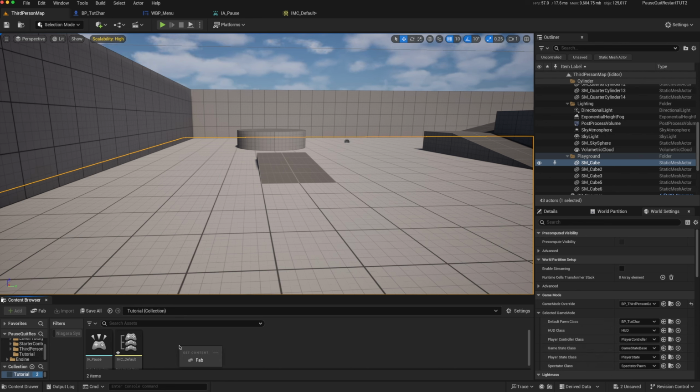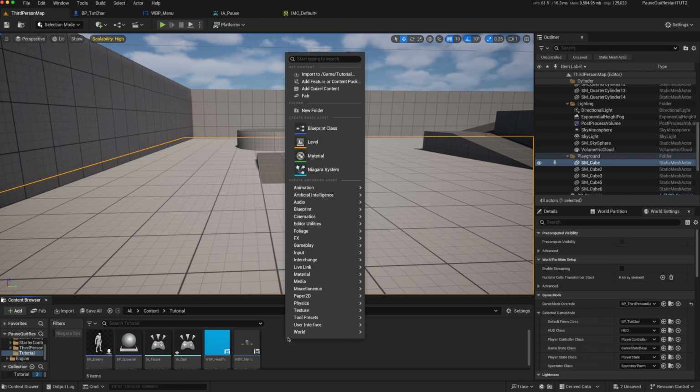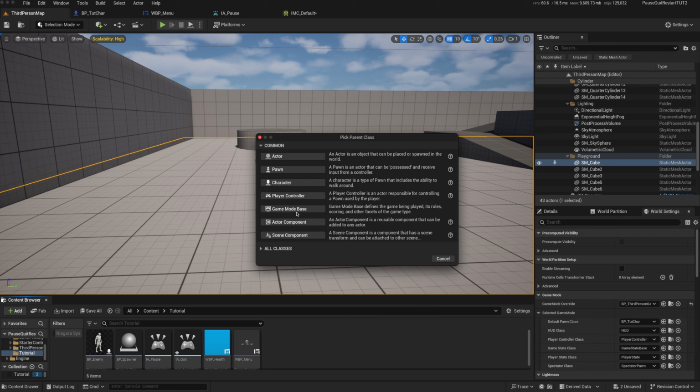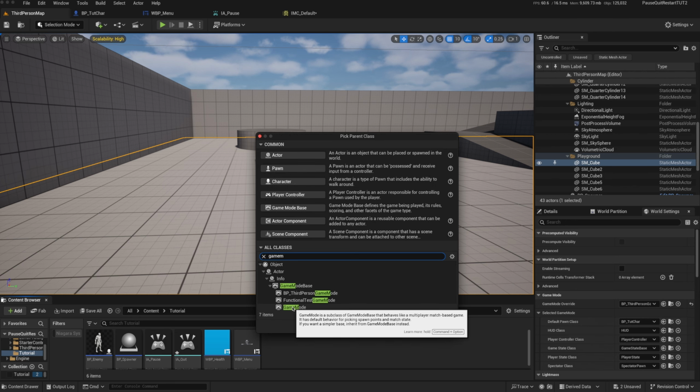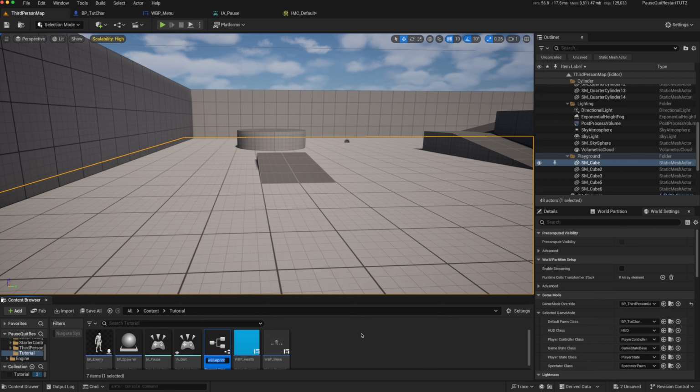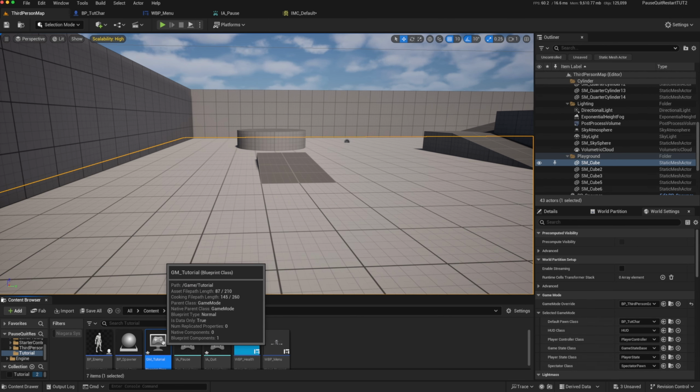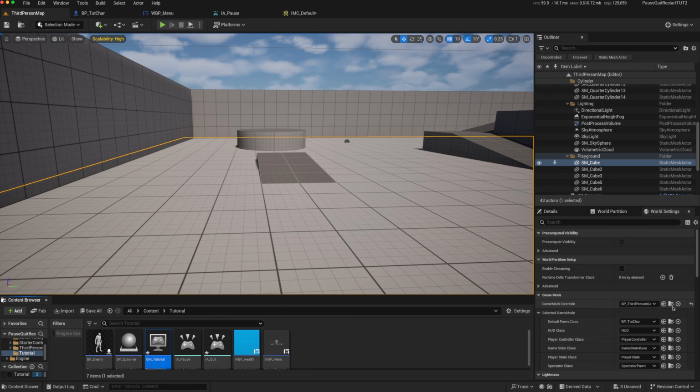So we could create a new game mode. We go to our tutorial, right click, blueprint class. The default that comes with the template is a game mode base, and that has limited nodes available. We drop down the menu and type in game mode. We should get access to the game mode subclass. So we can click on that, select, call that game mode tutorial. And we can set this as being our game mode. So we can click that there and then just change our default pawn classes